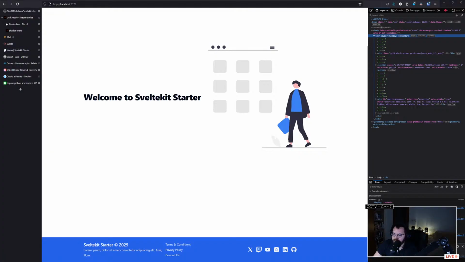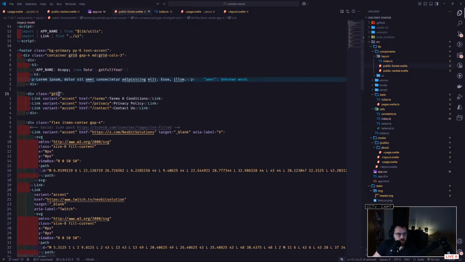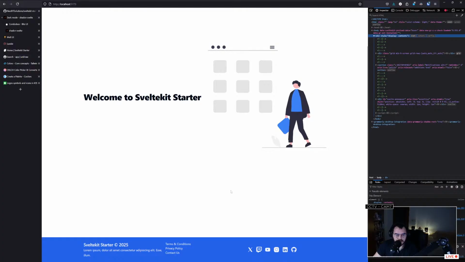So I'm thinking that first here I'll probably need to use flex column layout. Okay. Not necessarily this, but